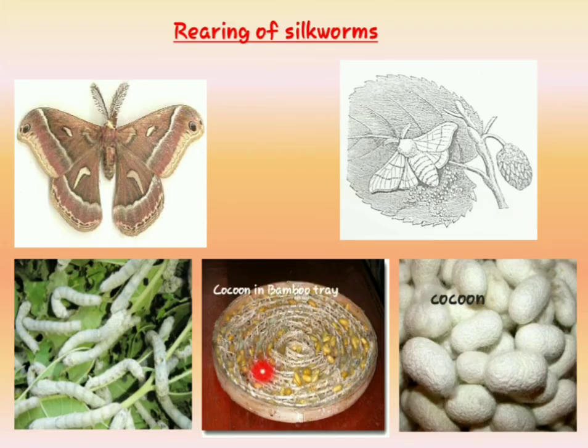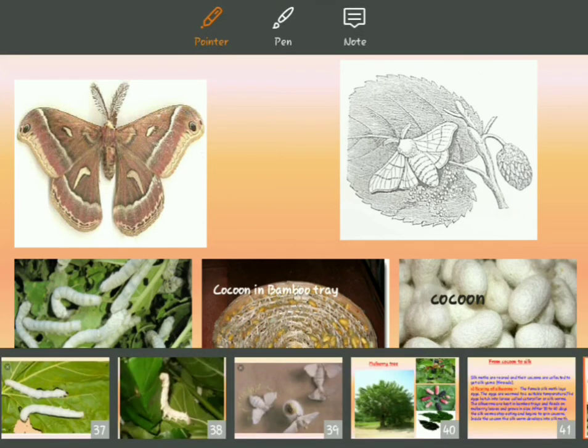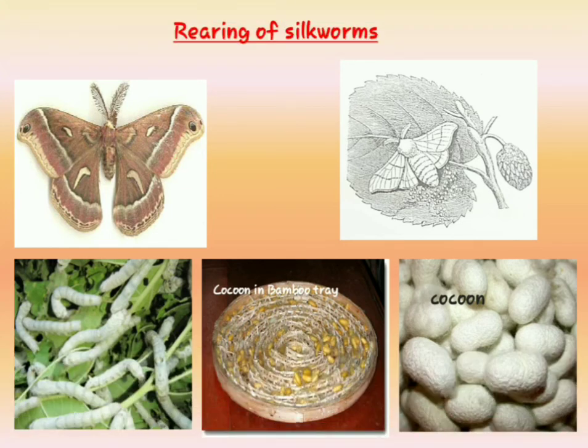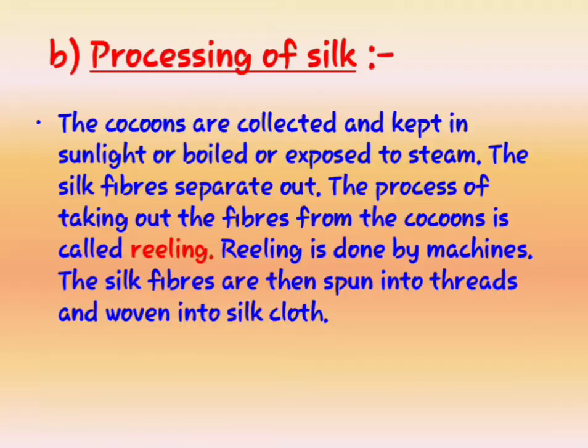Now you can see this bamboo tray. This is the bamboo tray, and the bamboo tray will be having some cases inside it. Understood? That is where you have to keep your silkworms. Otherwise, see, this is the big tray. The silkworms will be in a haphazard manner. You have to pick the silkworms and keep them properly in the case. Then only you will get cocoons in a line. So moth, egg, larva, pupa, cocoon.